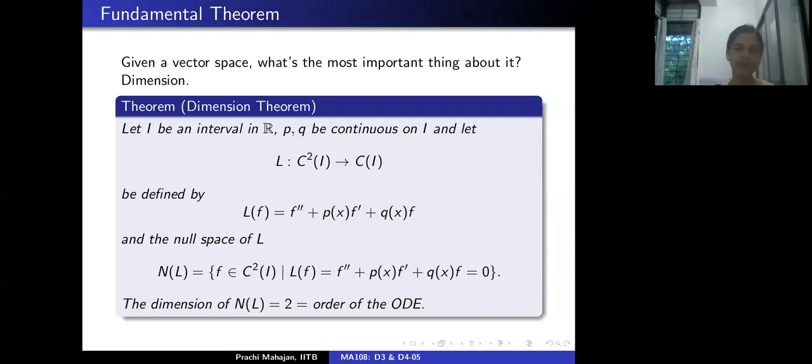First, you have a second order ordinary differential equation. 2, it is linear. 3, it is homogeneous. 4, it is in standard form. 5, you assume P and Q to be continuous on the interval I. Then you define a differential operator. Then that turns out to be a linear transformation. Then consider its null space and say that the dimension is 2. So there's a lot that goes in, and all of that needs to be taken into account.